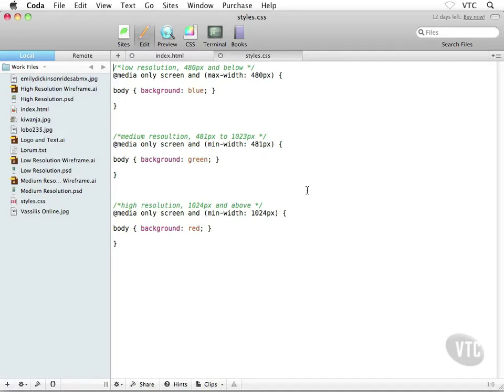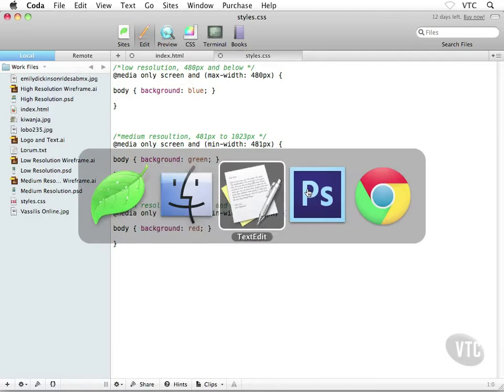Once again, how it's going to work is we're going to have a single HTML document, which is going to contain all the building blocks, if you will, for our layout, which we've been working so hard on inside Photoshop, of course. And it's the external style sheet containing the 3 media queries that's going to adjust those building blocks for us. So what we're going to do in this next series of exercises is set up these HTML building blocks. Now you don't have to do this, but if you want, you could have